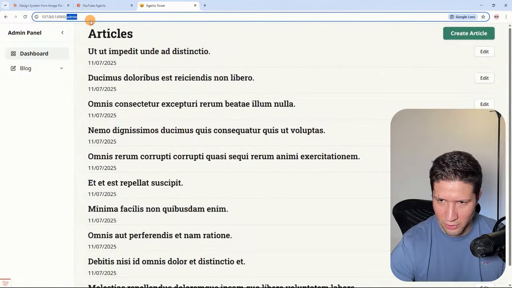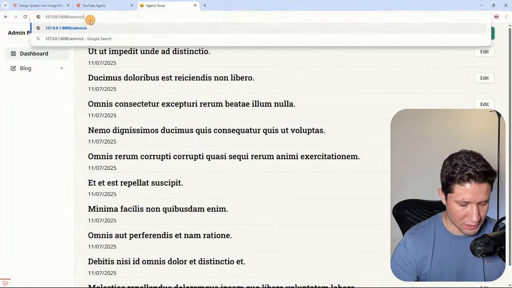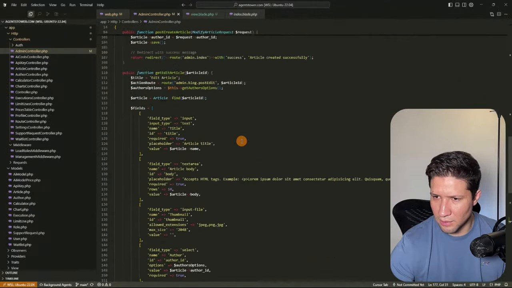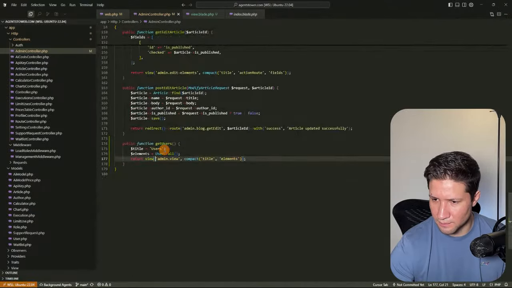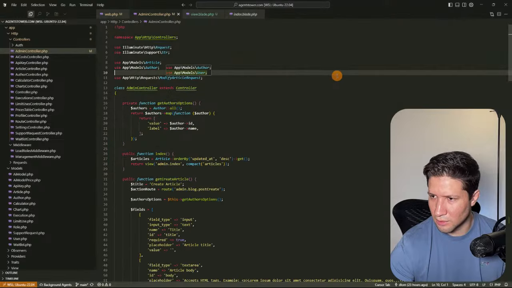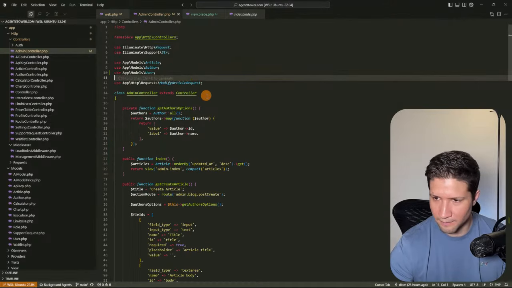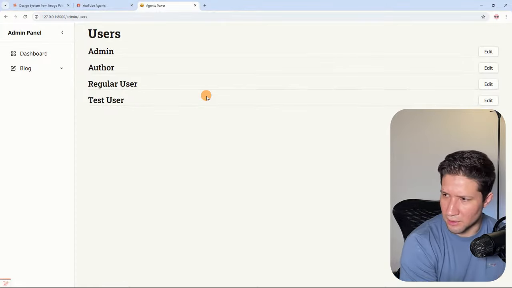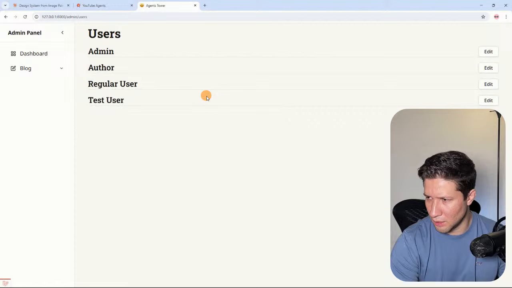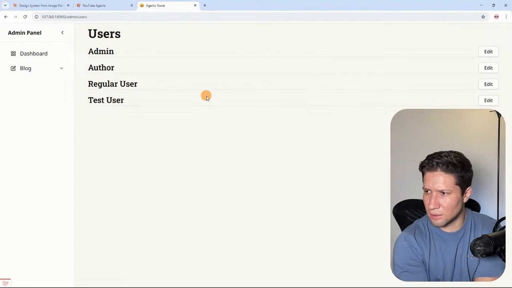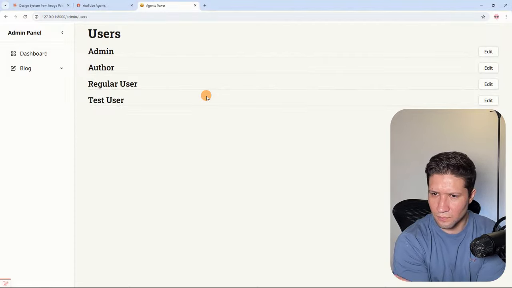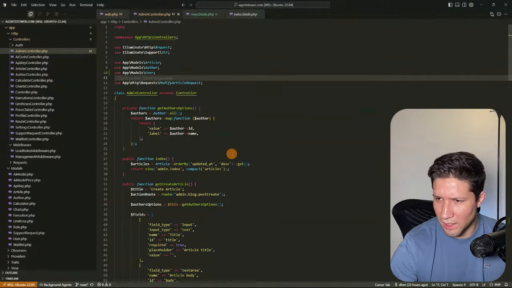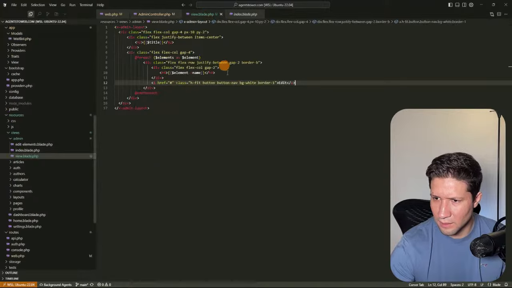Okay, I can log in to articles. Okay, so now if I go to admin/users, okay, so it's giving me an error. I need to add user in here. Now it's not going to give me this error. Okay, so these are the users. Okay, and I'm going to add in here the,